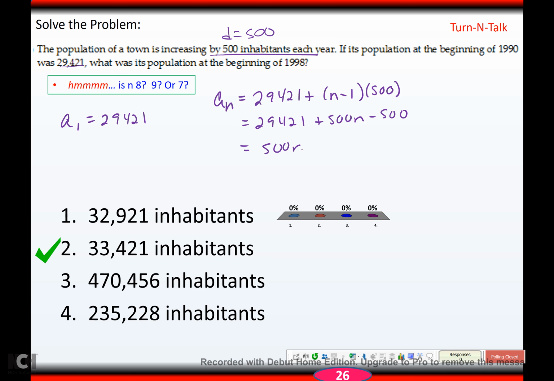That gives me 500n plus 29,421 minus 500 is 28,921. Okay, so there's my a sub n. Now, it wants me to figure out the population at the beginning of 1998. Well, I need to know how many years after 1990 that was, which would be how many years? 8 years. Right? So I want to find a sub 8. So I'm going to have 500